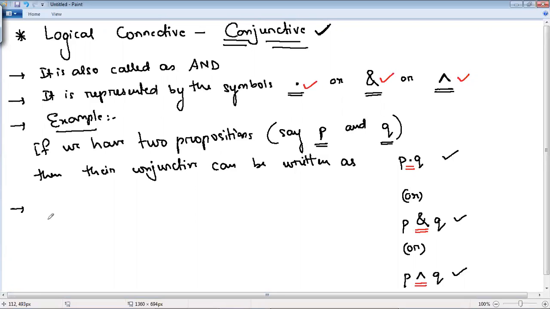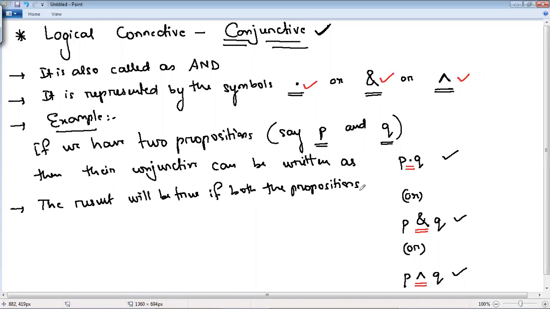Now listen. The result will be true if both P and Q are true. Yes or no? It is similar to the AND operation. The result will be true if both the propositions, that is P and Q, P is the first proposition, Q is the second proposition, are true.